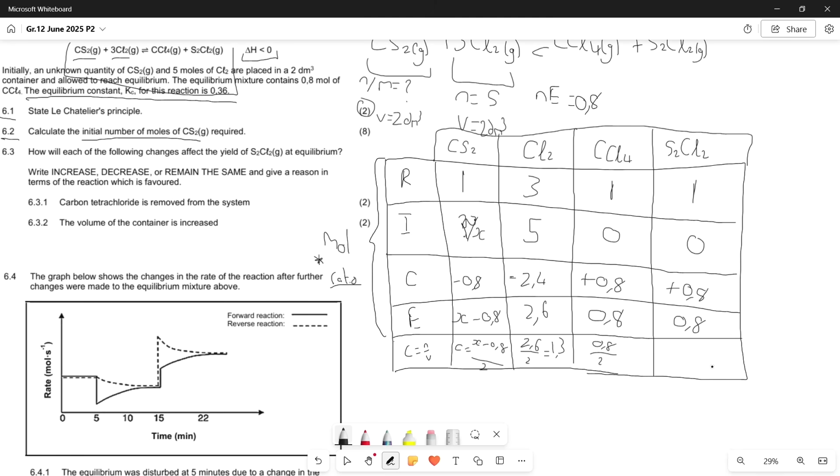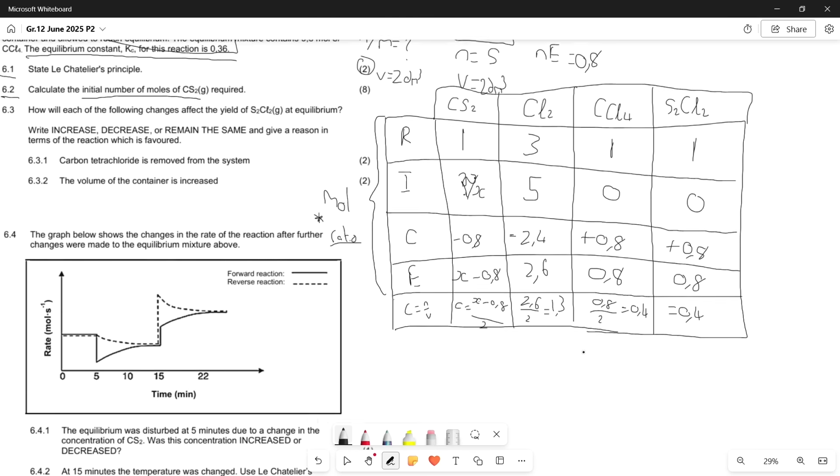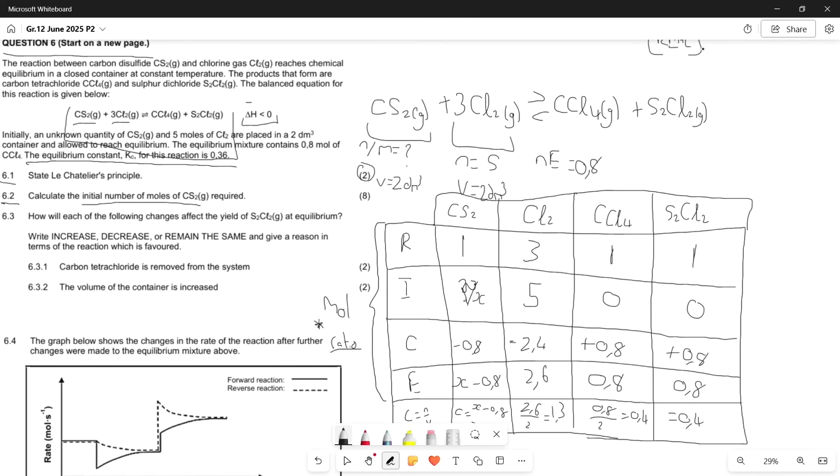All of these follow the same formula as this, which means it's 0,4 there, and this one as well will be 0,4 because it is the same amount. Okay, so at this stage we've earned about 3 marks, which means most of our marks are earned in our